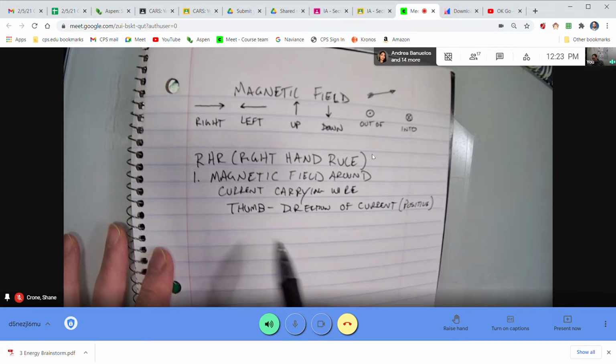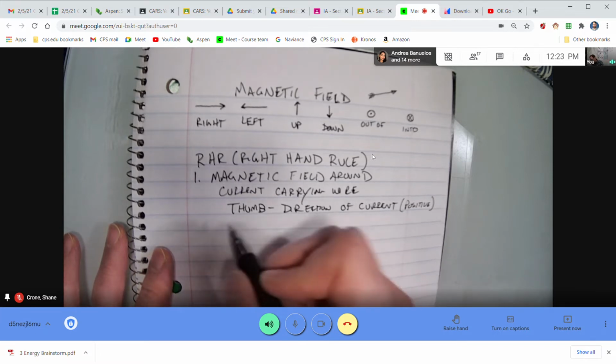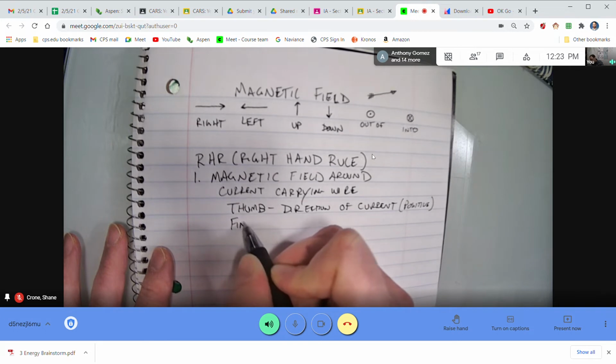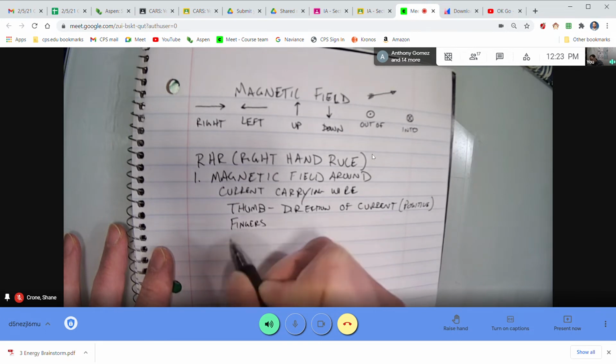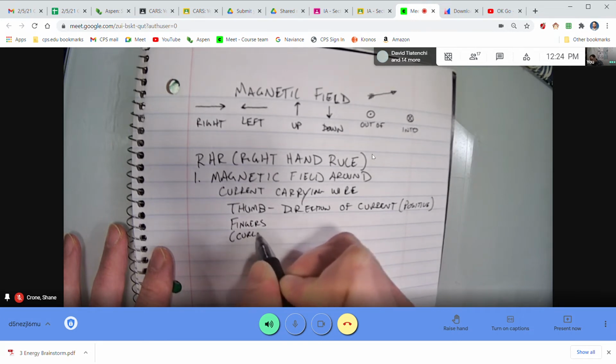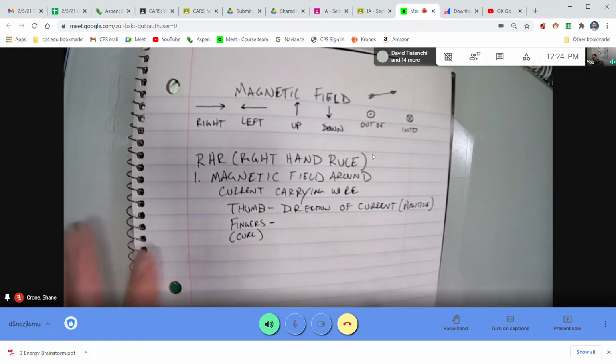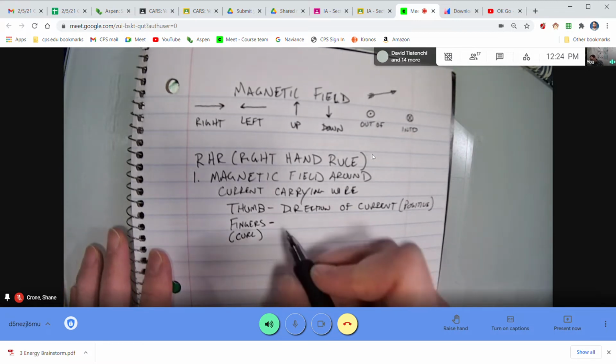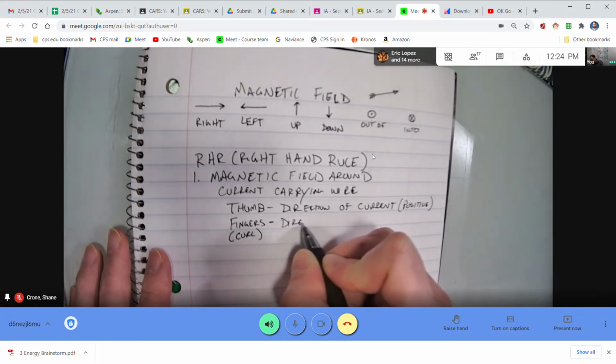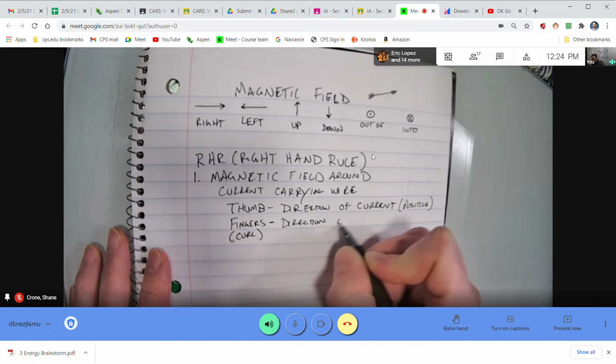Okay, so the thumb gives me the direction of the current, and my fingers, and I'm going to add something to this. It's not just my fingers. My fingers must curl. This is really important. The two rules work in slightly different ways. My fingers are the direction,